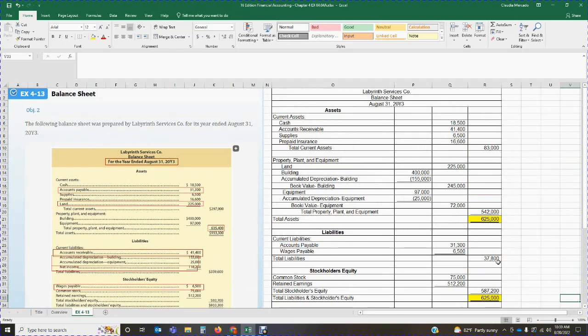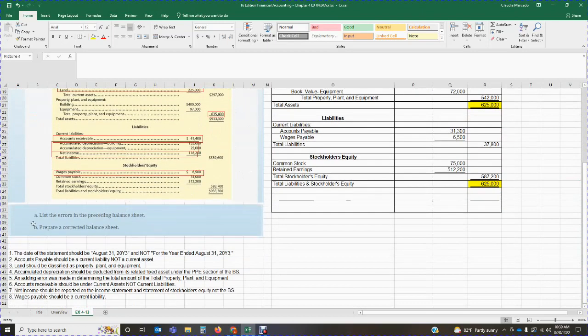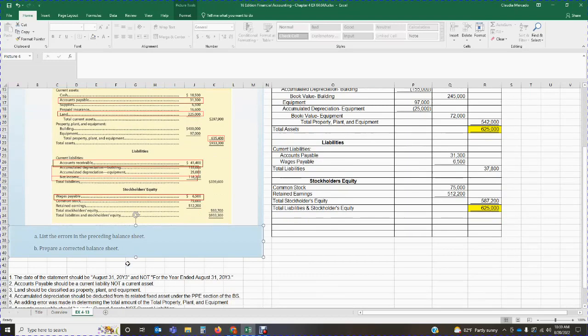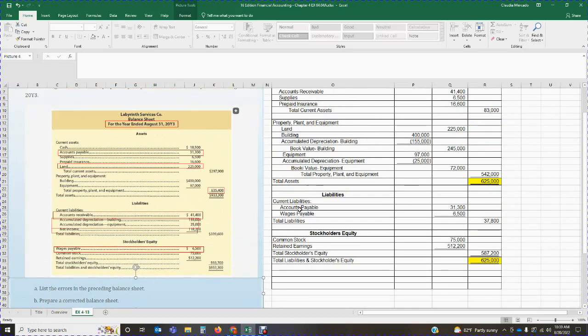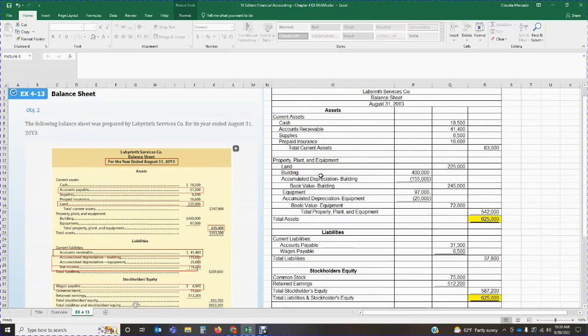go. Okay, so the key here is first going through the balance sheet and figuring out what is incorrect. You list the items that are incorrect, and then when you're preparing your updated balance sheet, mark off the items as you're doing them. Okay, the date is wrong. I've already fixed the date. Okay, accounts payable should be a current liability, not a current asset. So that account needs to be moved down to my current liability section. Okay, land should be classified as property, plant, and equipment. So we move land from current assets, we move it down to property, plant, and equipment, so on and so